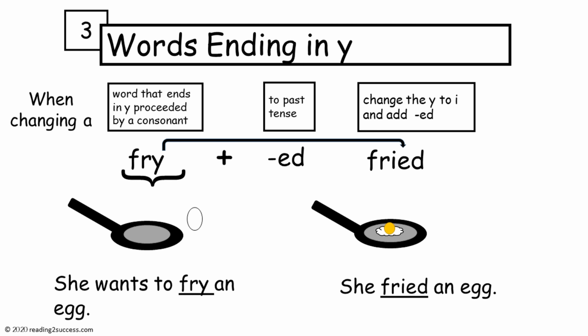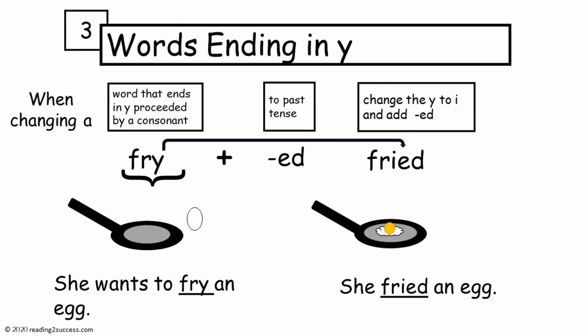Now introduce kids to basic spelling rule 3, words ending in Y. When changing a word that ends in Y preceded by a consonant, as in fry, to past tense, adding ed, change the Y to I and add ed. So fry is fry. We're going to add ed, so we change the Y to an I, then add ed, and we have fried,